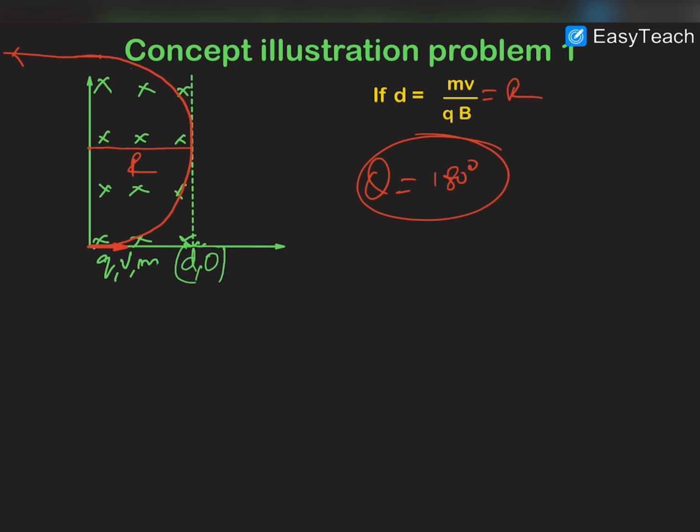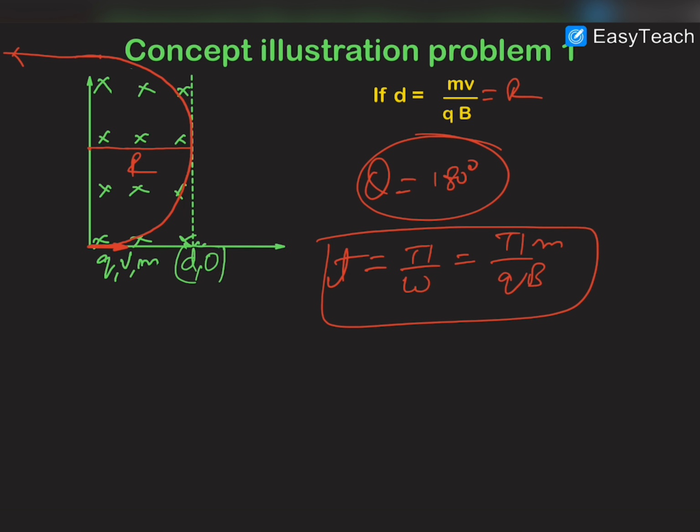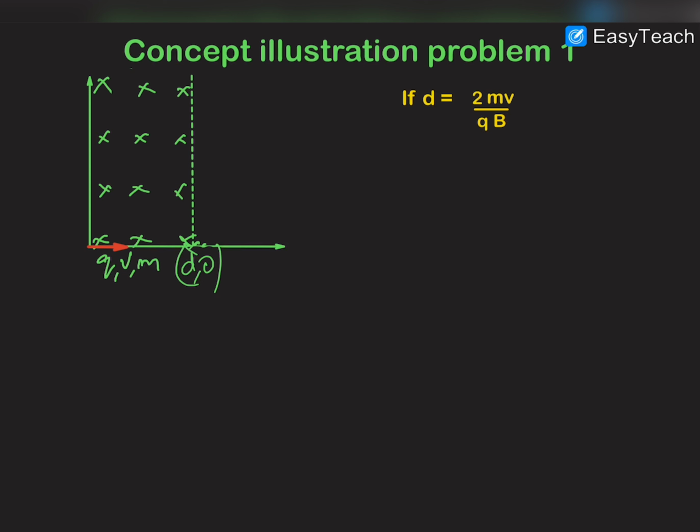And the time for which it remained in the magnetic field is obviously pi by omega. So it is pi by qB by m, and obviously this is the half time period of the total time period. Now if this d is equal to 2mv by qB, which means that d is equal to 2r, then also the path of the charge would be like that, which means that there would be sufficient distance